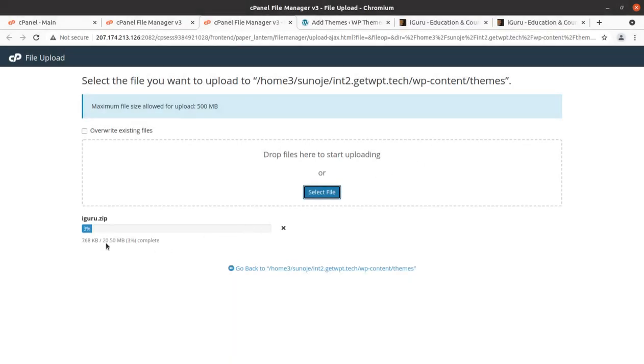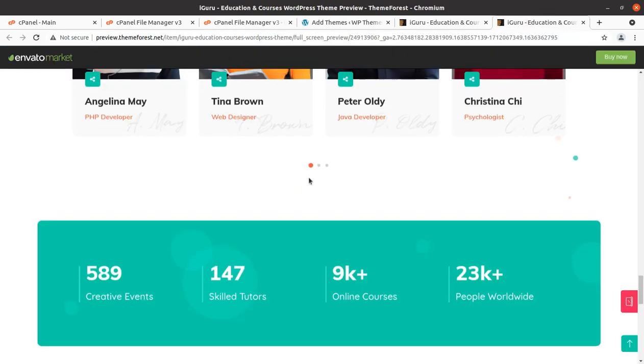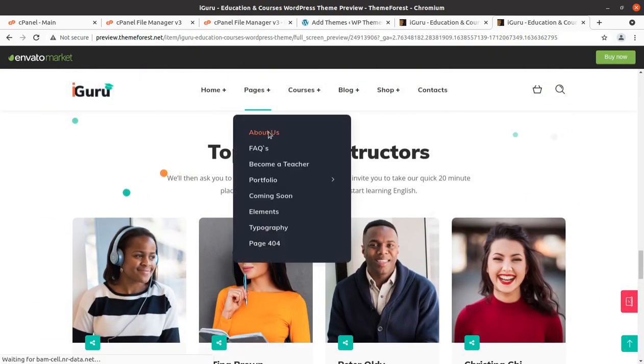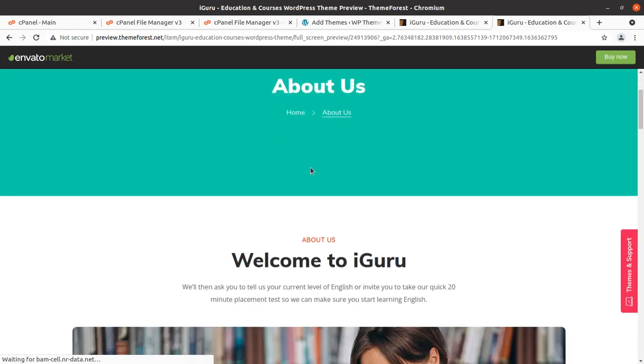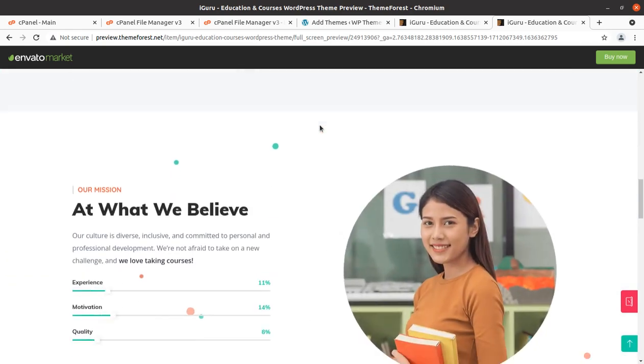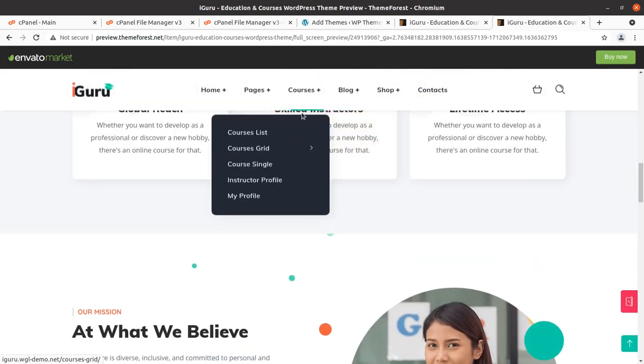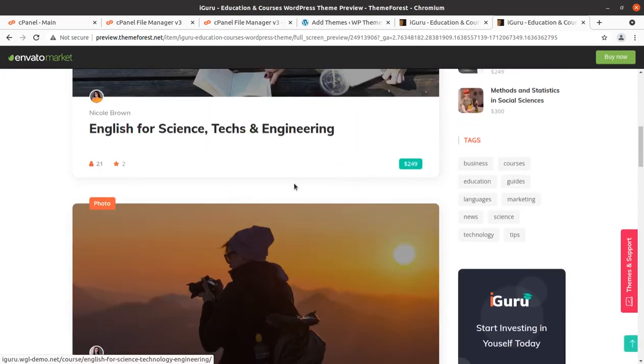I will also show you the theme file size. The theme file size is 20.50 MB, which is an indication of a greatly optimized WordPress theme. On an average, I have seen the best WordPress themes come in around 15 to 20 MB in size. So this is a moderate size, and this is why this theme is going to work fine. On the pages, let us see some pages. This is the about us page, and we can check the speed as well. This is having a wonderful speed, like it has a course list page, and it is running very fast.